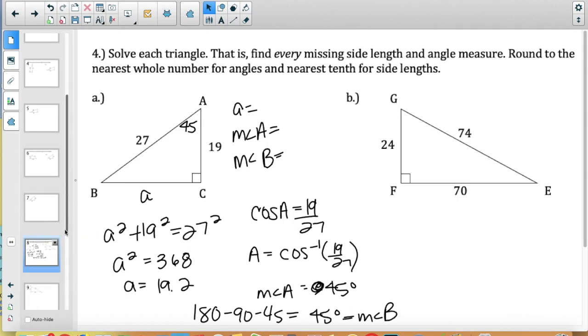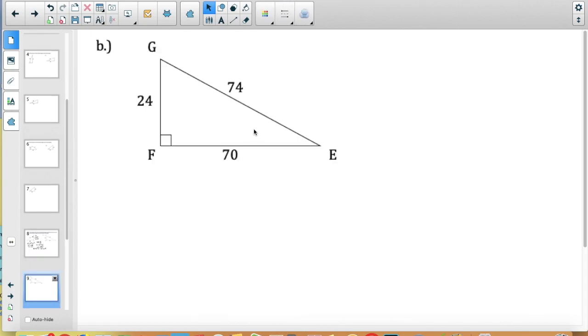So to finish up here on example B, we have all of the sides. So what we only need to find is angle G and angle E. And you have all three trig functions available to do that. So I just chose to use sine. From angle E, I know that the sine of angle E is going to equal the opposite divided by the hypotenuse,